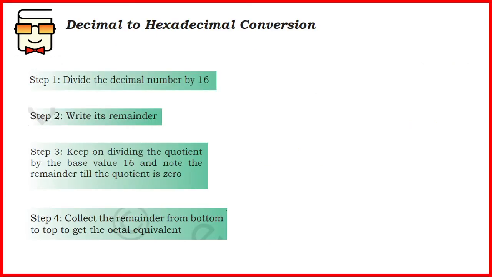So how to convert a decimal number into a hexadecimal number? Given the decimal number, you will repeatedly perform division by 16. And why are we performing division by 16? Because for a hexadecimal number, the base or radix is 16. And why is it 16? Because there are 16 unique digits or characters in hexadecimal, which are 0 to 9, the 10 unique digits, and A to F. So these are 16 unique alphanumeric characters that are present in hexadecimal.